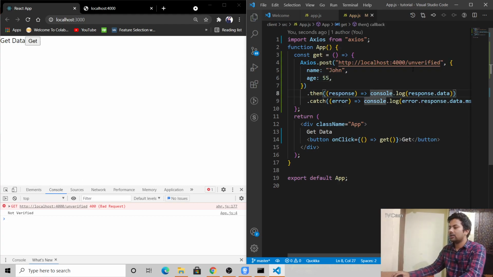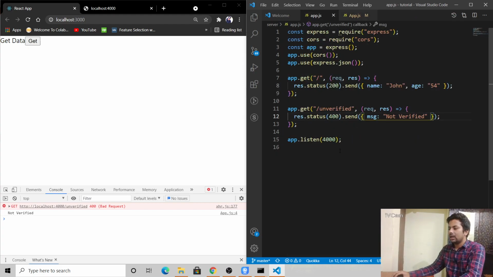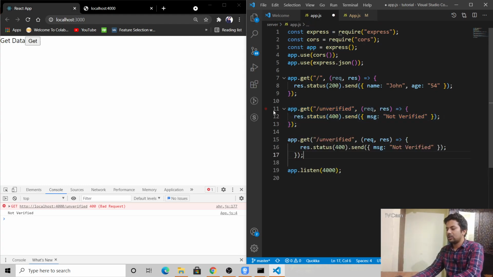So we just put a comma and the object we want to pass, and it will send it. And here we have to make the post API to receive it, and we'll say post, and we'll remove this unverified because we are hitting the base URL, and we'll say 200, message got data.